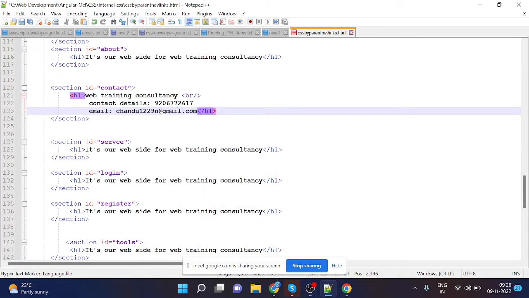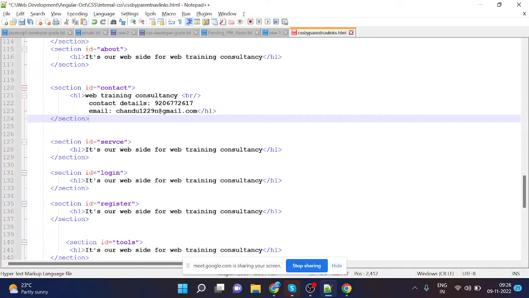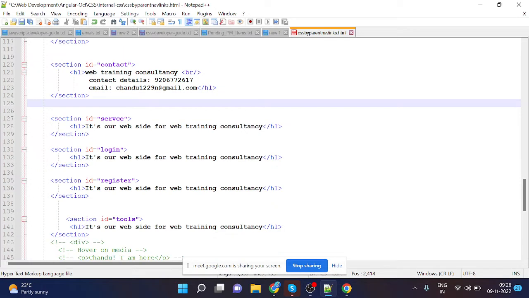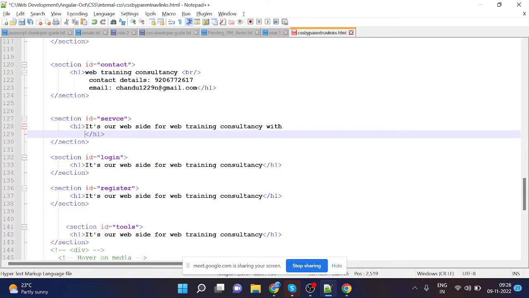It's like this, this is my contact details. And services in the sense of what all services I'm going to provide, it's something like